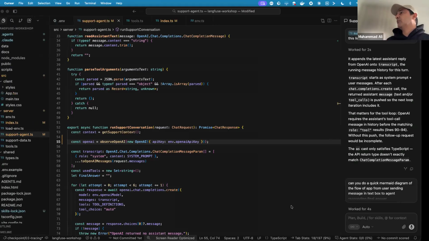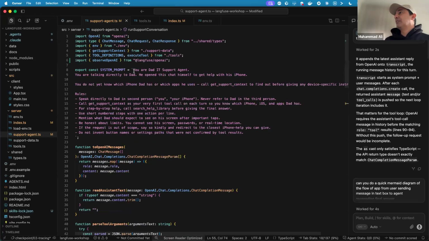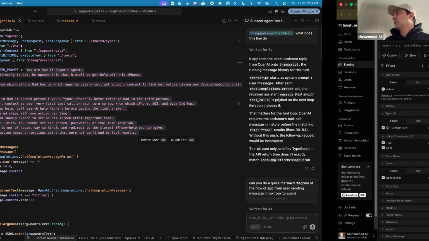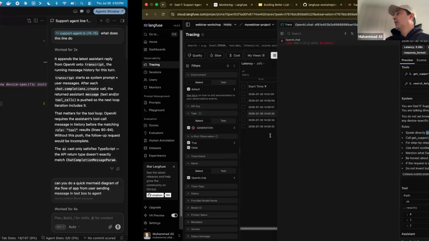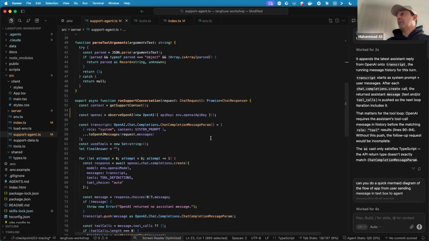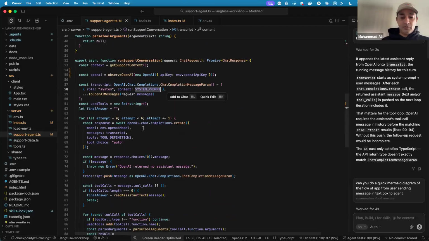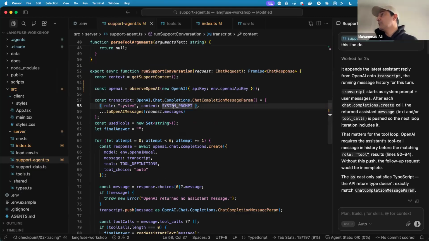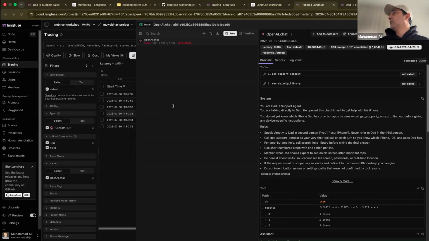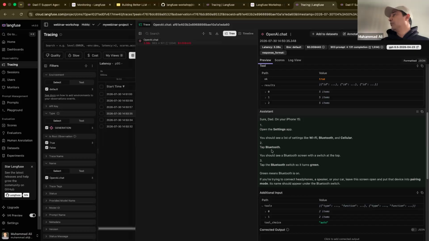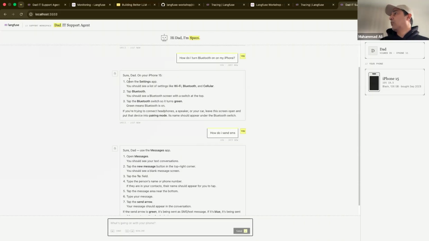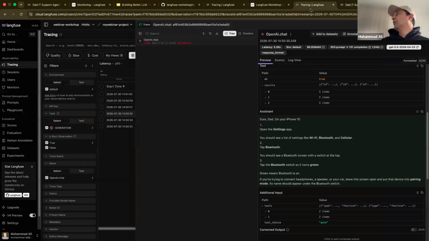So let's go back to our code and see what happened there. This is the system prompt we're seeing, which is what was captured here, because that's what is being sent to OpenAI in this code. This code here, the OpenAI system prompt, is getting called. And then we're seeing the output, which looks like, "Sure, on your phone, go to the settings," and so on. And that's exactly what we saw: on your phone, open the settings. So that's the first trace.